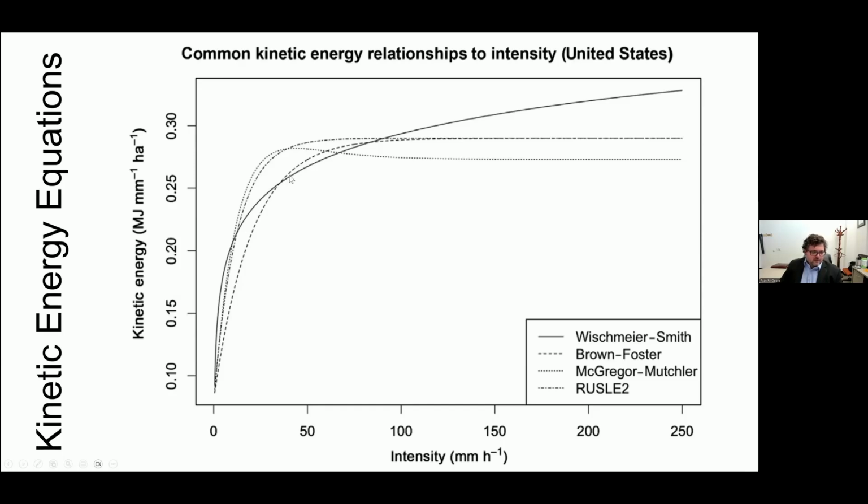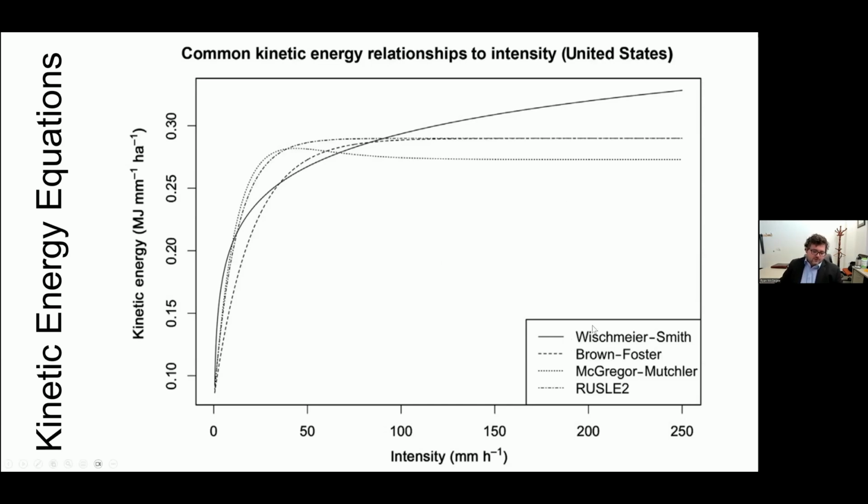This is what that looks like: kinetic energy and how it changes with intensity in the US. So this is 0 millimeters per hour. This is 250, so it corresponds from 0 to about 10 inches per hour. So that's a big storm. We do see those storms. And the largest I've ever seen, which I'm not sure is necessarily right, come off of a sensor in one of these national databases is about 46 inches per hour. So that's extremely rare. It was one event out of 1,000 stations over 20 years, but we don't see intensities that high. Usually they're between 10 inches per hour and 0.